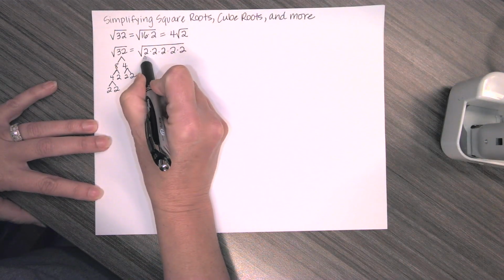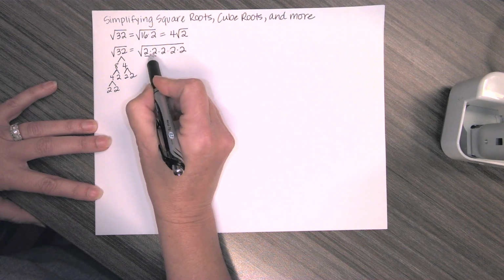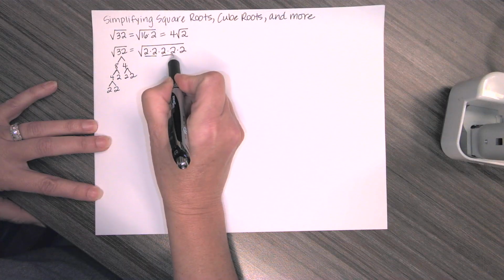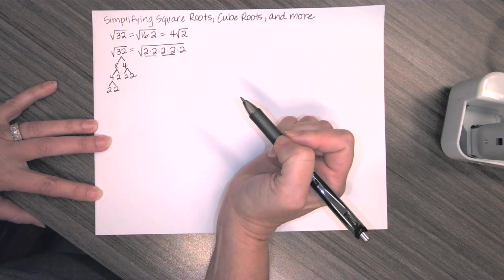Anything we have a pair of under here indicates that that's a perfect square in there. 2 times 2 is 4, and we know 4 is a perfect square. Here's another 2 times 2 is 4, and 4 is a perfect square. And so